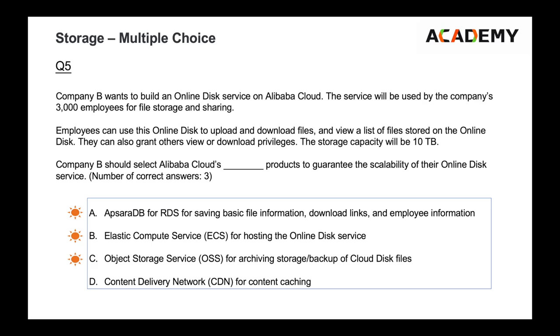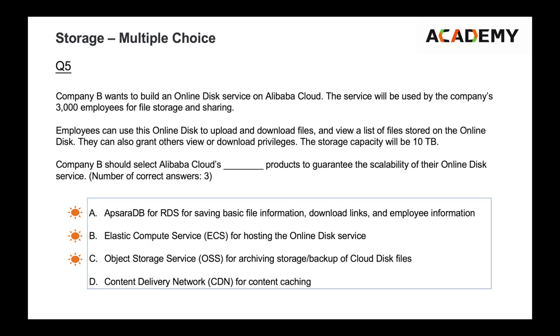So to save information about files that are hosted in the service, they will need a database, some kind of structured table storage, so they can use ApsaraDB for RDS, a traditional database to keep track of file information, download links, and employee info. They can host the disk service interface on ECS, and the files themselves can be stored